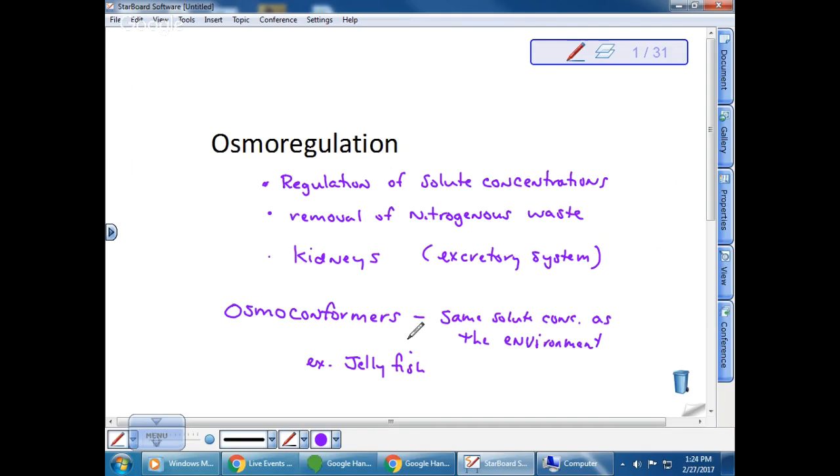They live in marine environments, salt water. It has a high solute concentration. The inside of their tissues is the same solute concentration, right? So they're not losing water or gaining water from their environment. They conform to the solute concentration in the salt water. So this is good for them because they don't have to use energy. We actually have to use energy to maintain, because we are